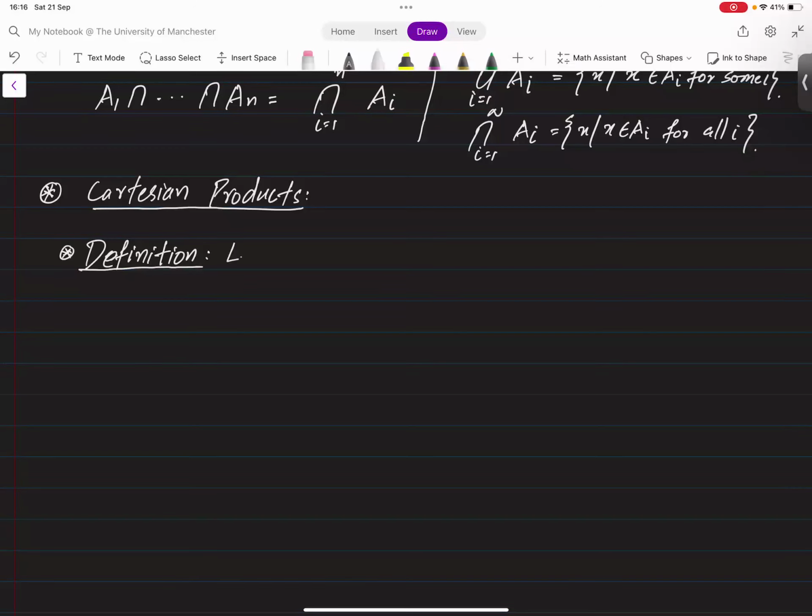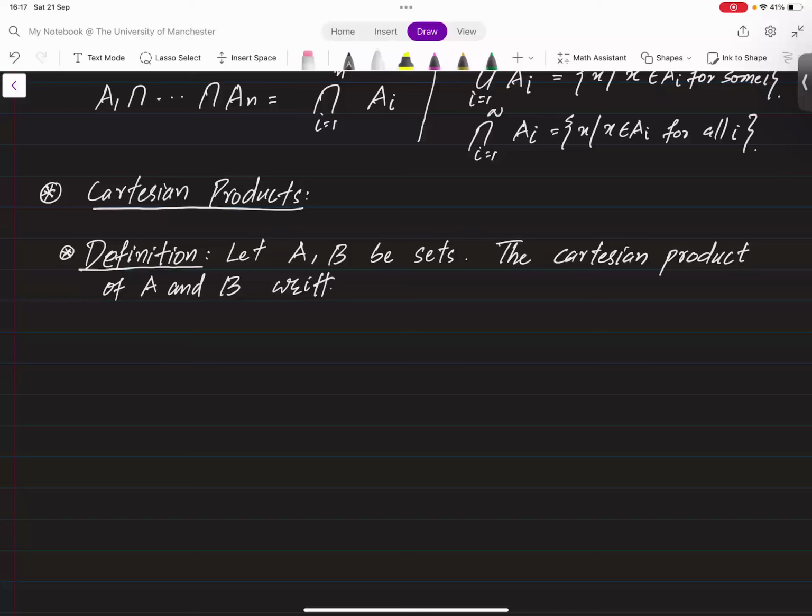Let A, B be sets. The Cartesian product of A and B, written as A times B, is the set